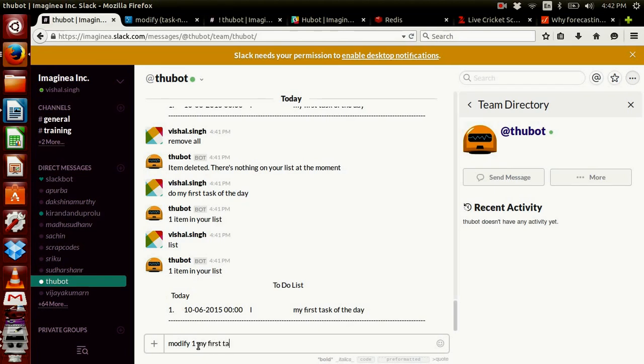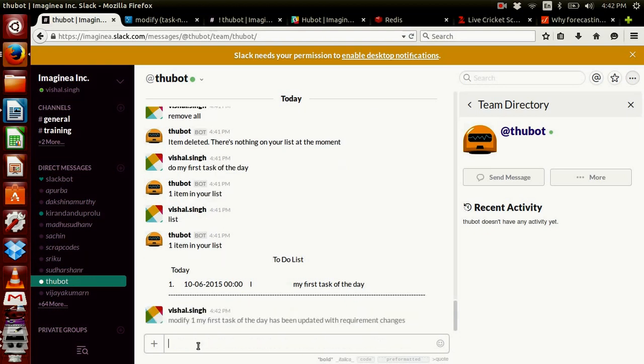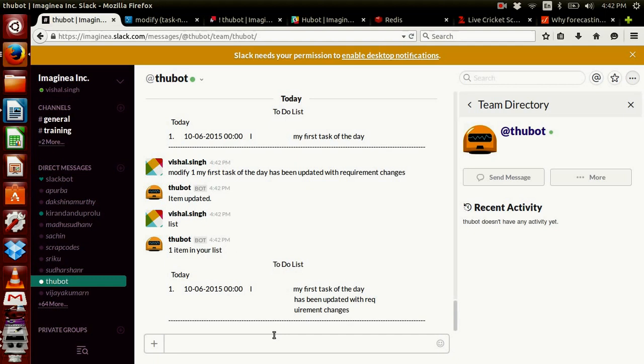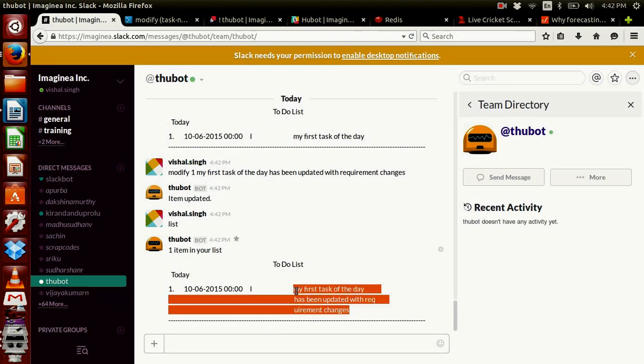My first task of the day has been updated with requirement changes. So we have modified this task. In order to see the list, we have to type list command. So we have updated the description of task number 1 by using modify command.